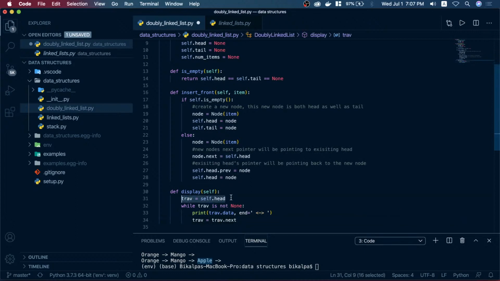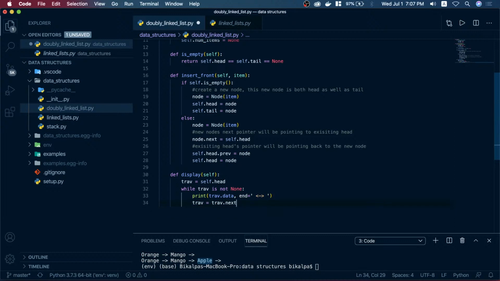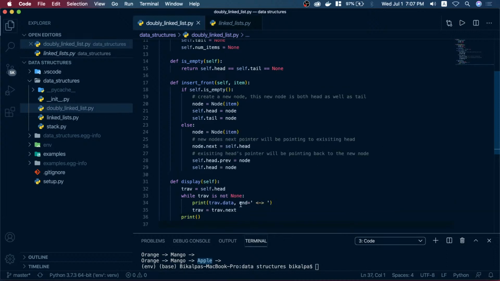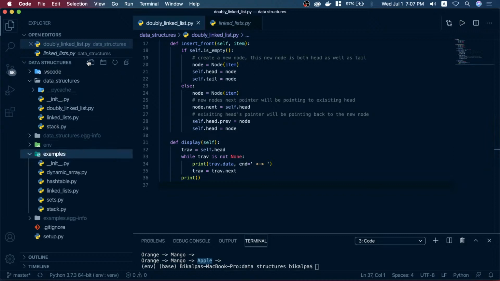If I start from tail and come previous, then that will be backward traversal, but I won't do that. That is left for you as an exercise. So trab.next, and then basically if we have reached the end of the list, we will just print a new line there. Okay, let's test out this first function,